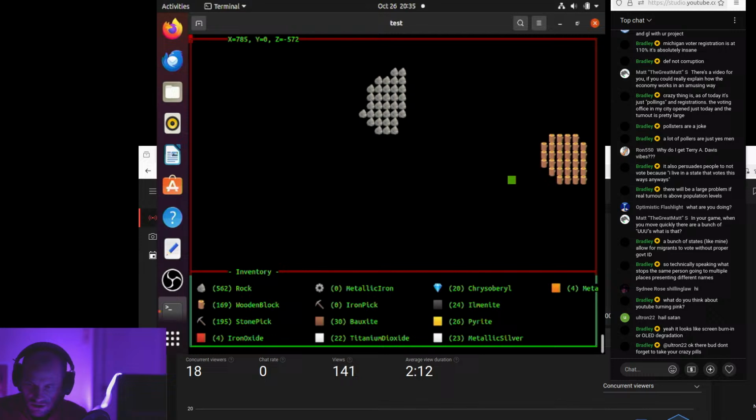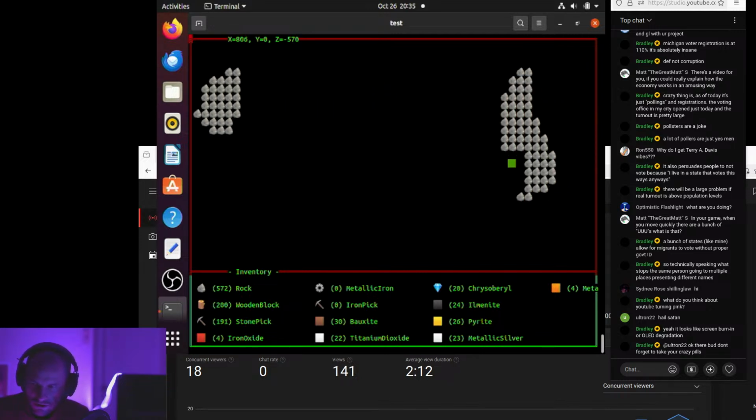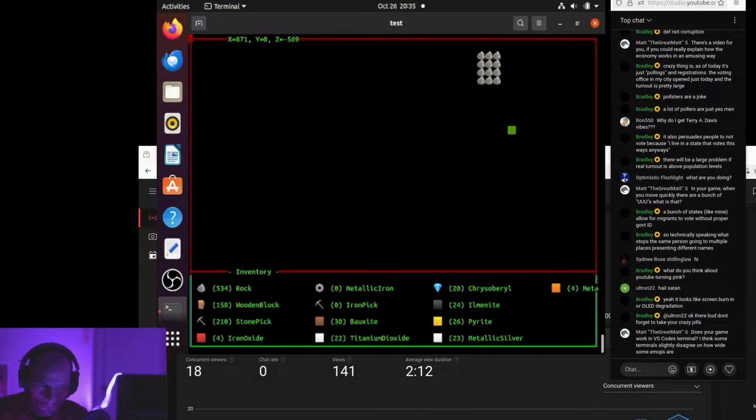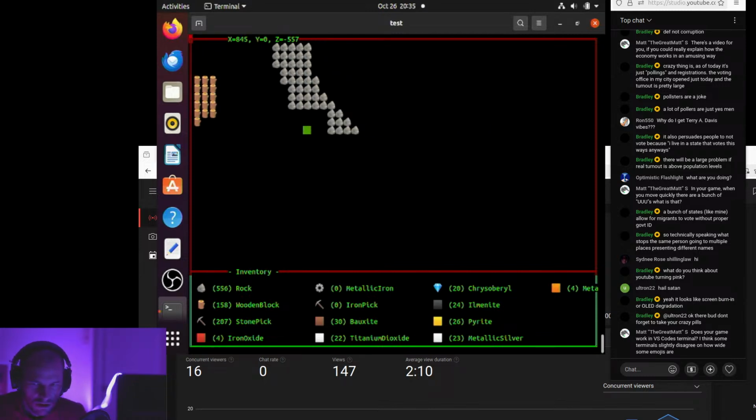Well, it hasn't crashed yet. I made a bunch of changes to the printing code. It's just more little bugs and stuff that I found. Does your game work in VS Code's terminal? I think some terminals slightly disagree on how wide some emojis are. I have not tried this on any. I've only tried this on a couple versions of Ubuntu, but I've designed it in such a way that is hopefully very robust against